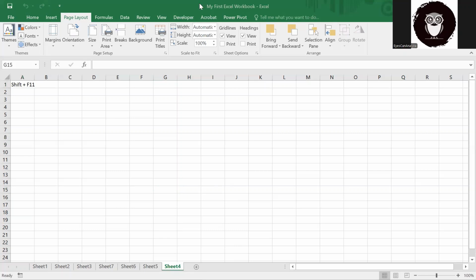So what we understood right now is just an overview of this entire Excel sheet. What we learned till now is the two main parts that an Excel workbook has: the ribbon and the sheet. Within the ribbon, you can navigate and have access to various commands which are available in Excel.